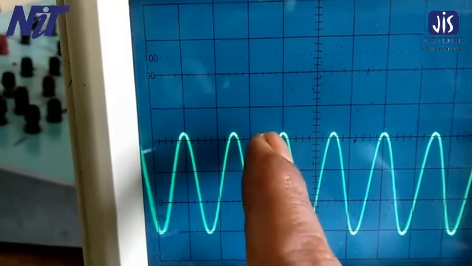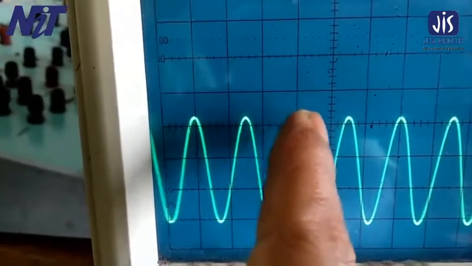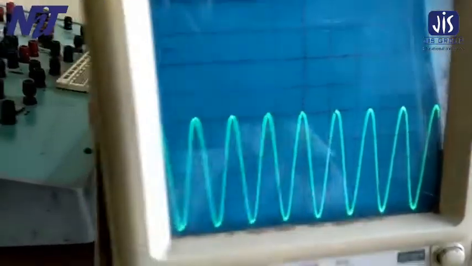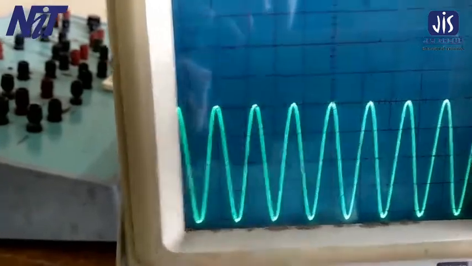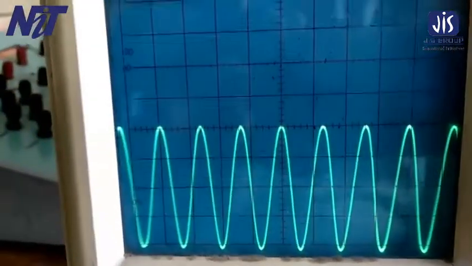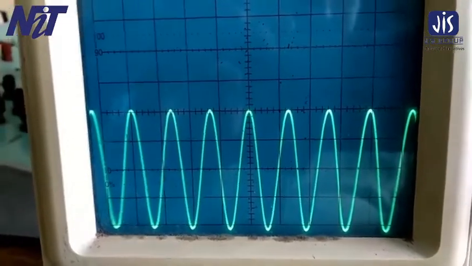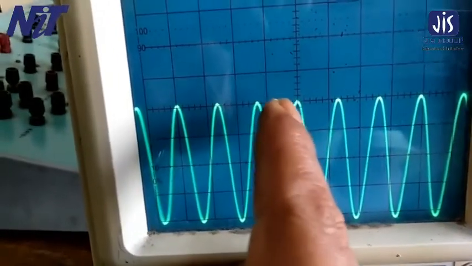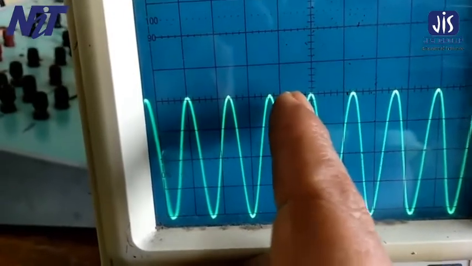So in here your total time period distance will be 1, and yes, we will be clearly seeing that if you align any of the peaks on any vertical line of the screen at the starting of a division, after completing one time period, or one cycle, the next peak has come just here. So you have to calculate the distance, count the distance as like this.